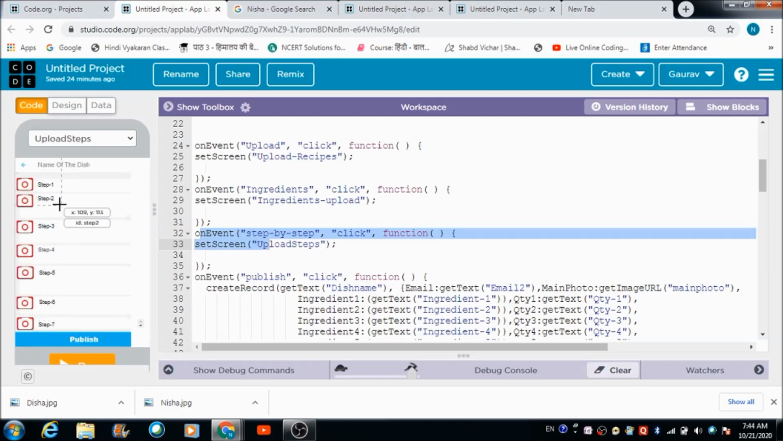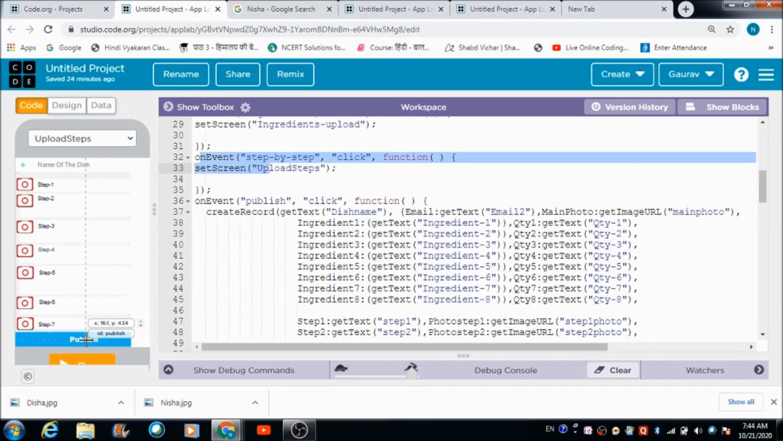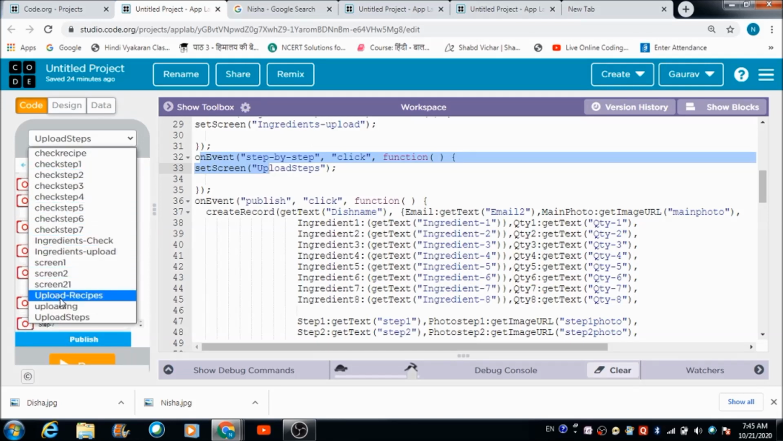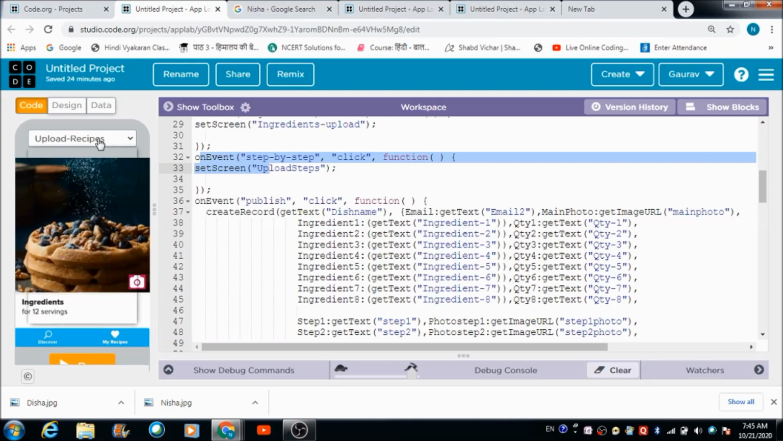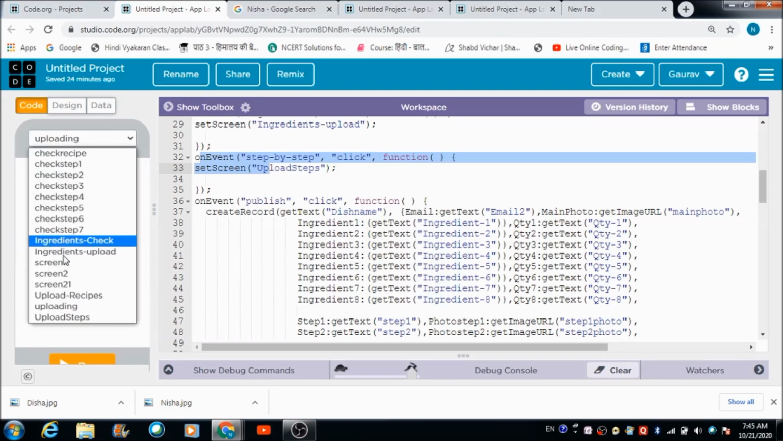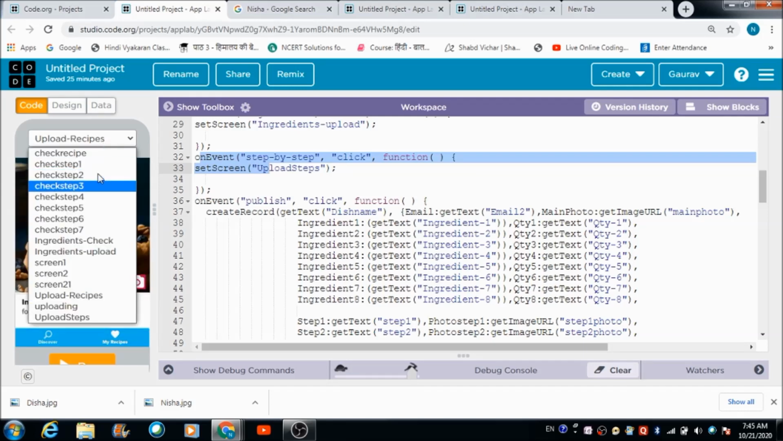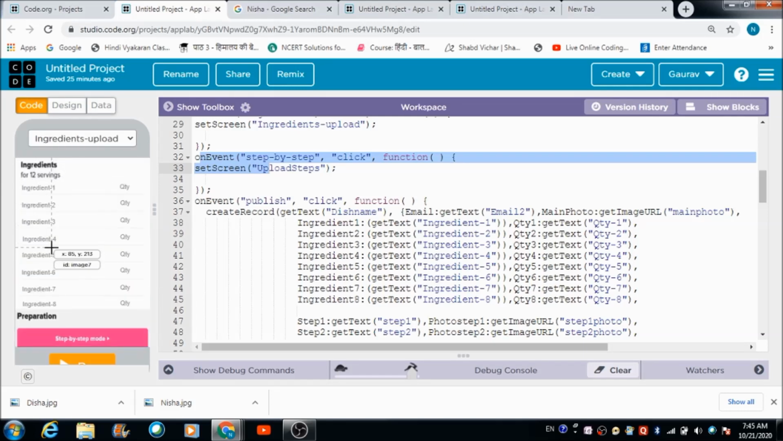Automatically he is going to get redirected on this upload steps screen. Now here he is required to upload all the steps along with the photographs. And he is required to mention the name of the dish also. So when he will hit this publish button, what is going to happen? All the information which he has entered here and here and on this ingredients upload is going to get stored in this dish names